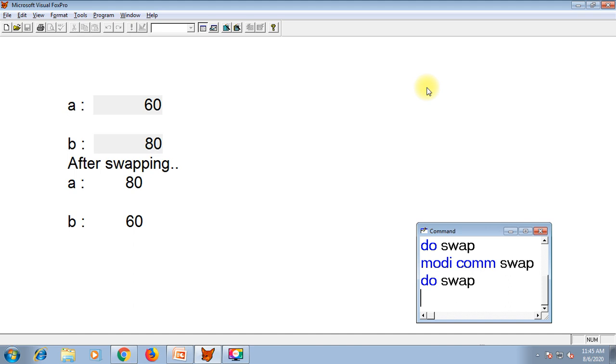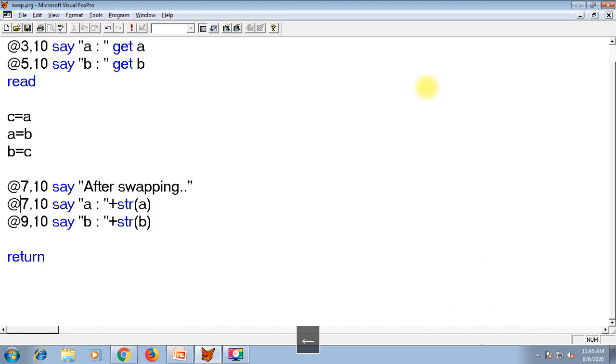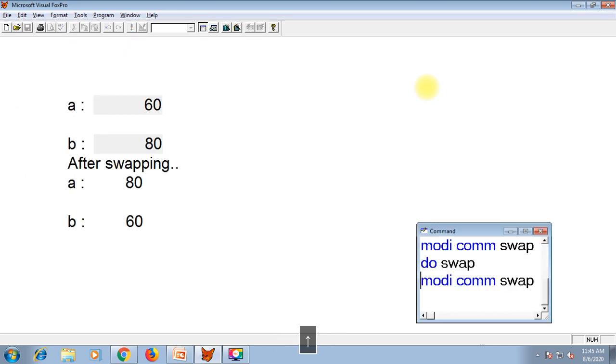If you feel that the output is very congested, as we have much space on our screen, you can change rows and columns. Here I shall make it 7, here 10 and 12, so that we will have some space.